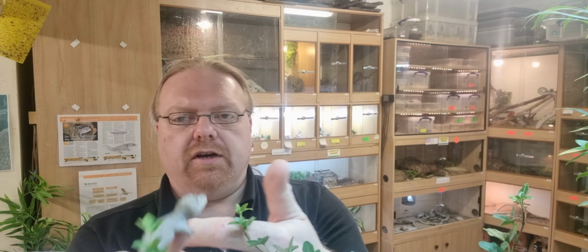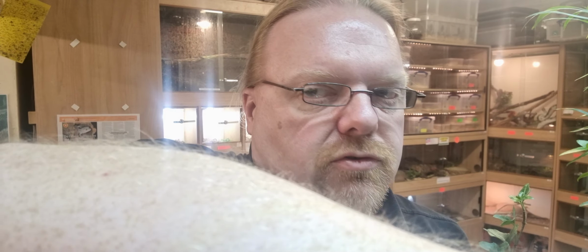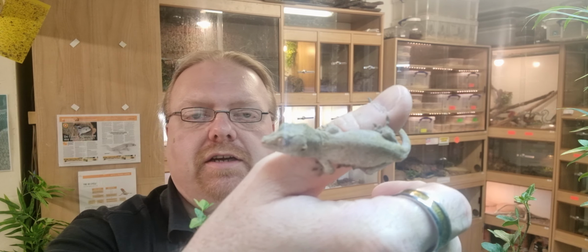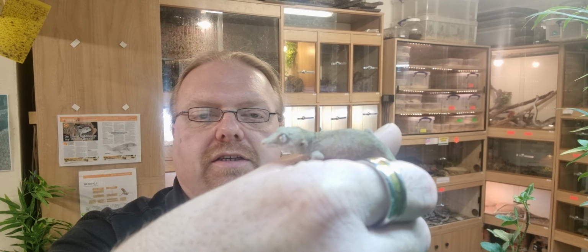This one's a little duller, as you can see. Landed in the middle of that tray where there's an empty space. Come back. So there he is. Again, we'll pop this one away in a second. So yeah, they do well in a planted bioactive environment,